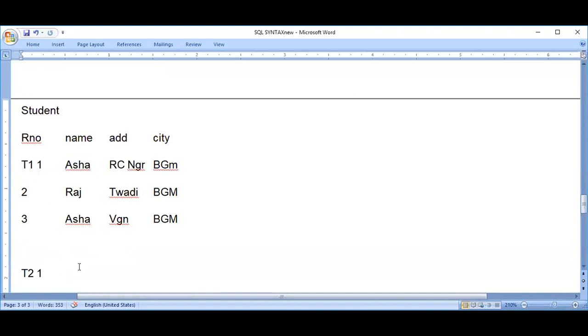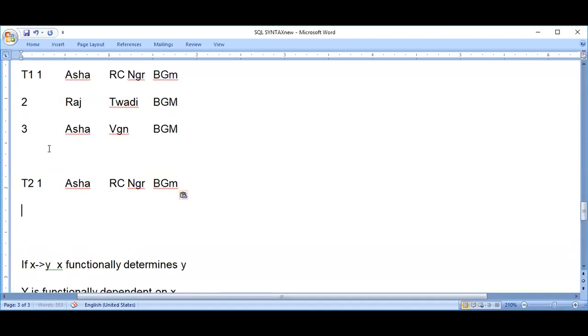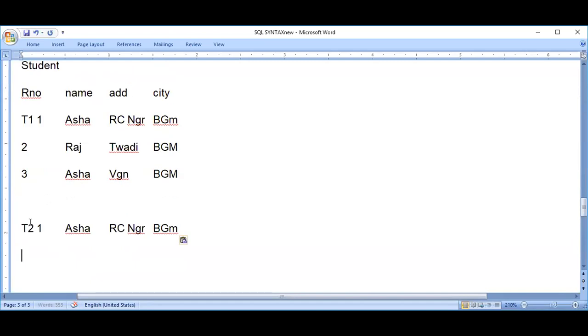This is what this mathematical expression says. If there are two tuples and one tuple's roll number is equal to another tuple's roll number, that means this roll number will be same only when I refer to the same tuple.